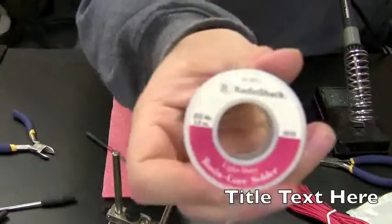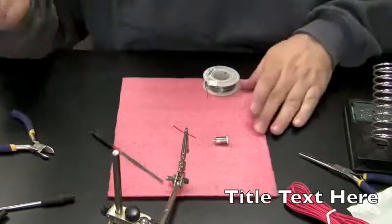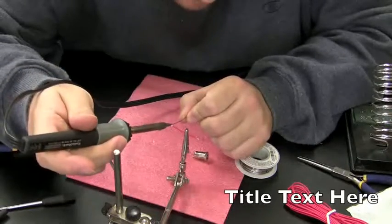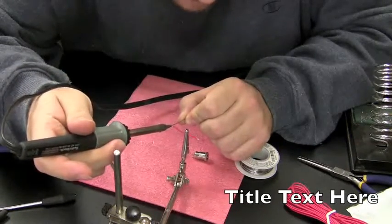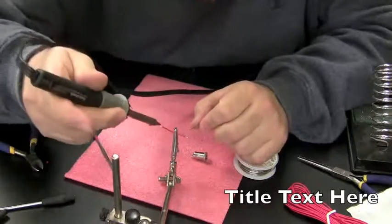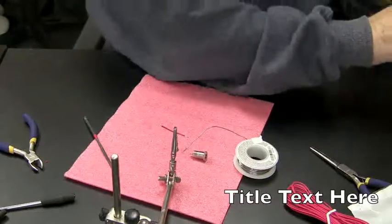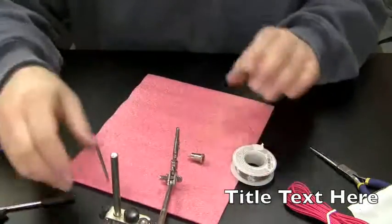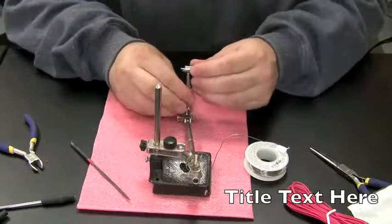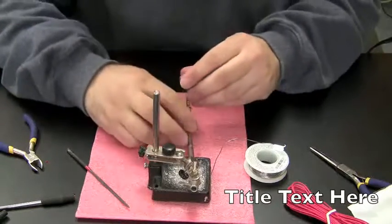Again, this is the solder I use, Radio Shack. And I use a 15-watt Radio Shack soldering iron. Just going to put a little solder on both ends of this wire. Okay, now that wire is ready to be soldered. I'm going to take this red off the helping hand, put our jack onto the helping hands,